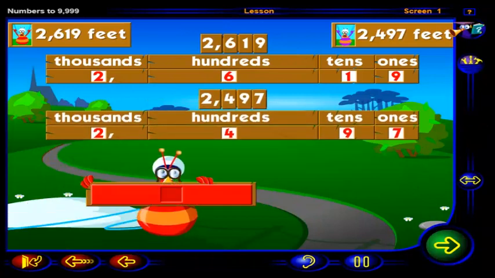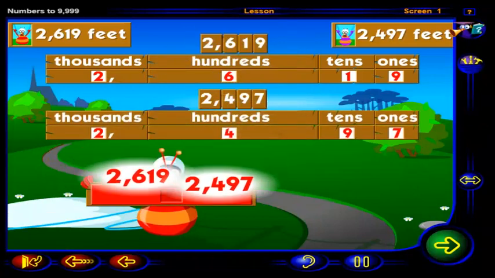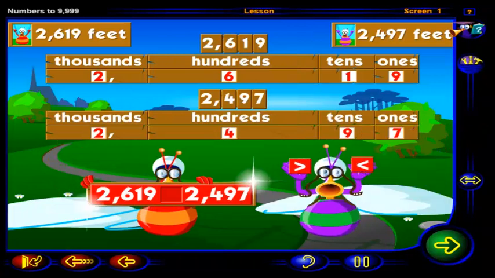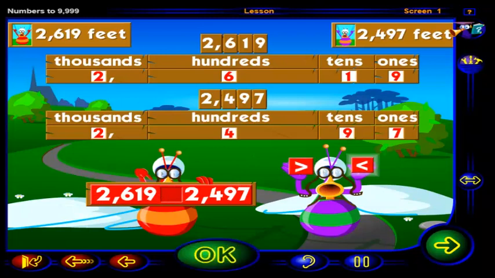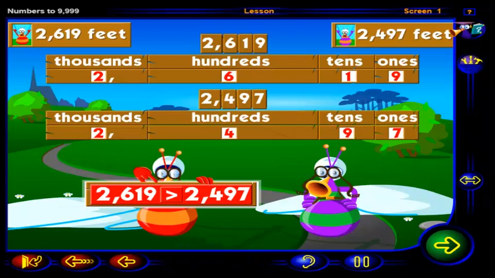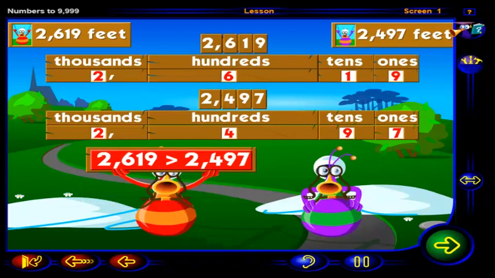Let's write a number sentence to compare these two numbers. Can you complete this number sentence? Drag a sign here, then click OK. You're right. This is the correct number sentence. You use the is greater than sign to show that the number